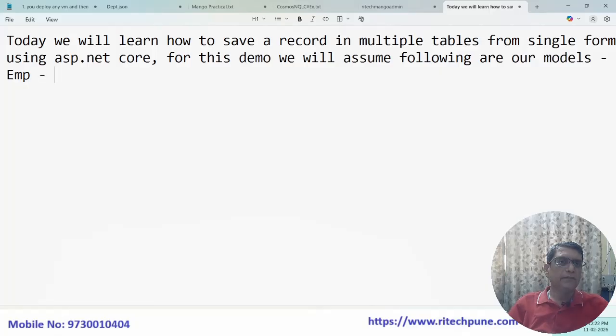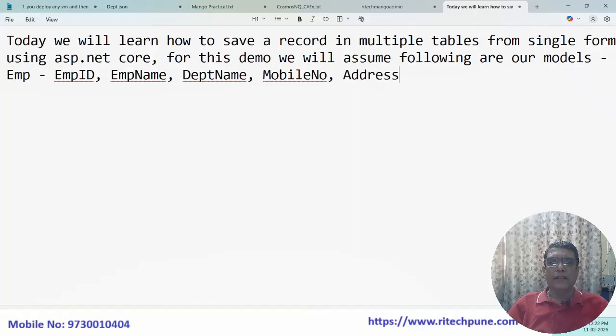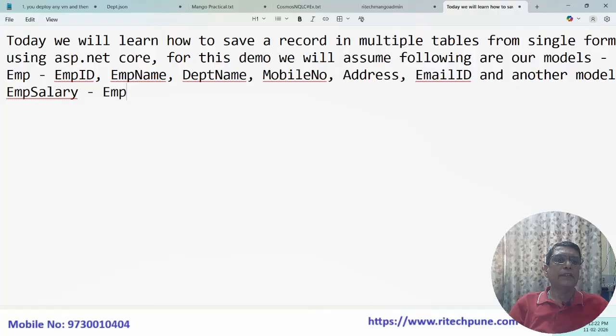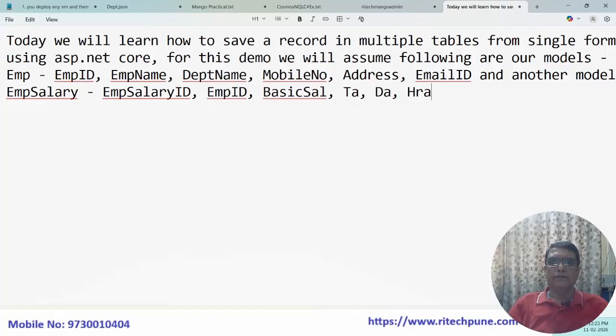EMP with EMP ID, EMP name, DPT name, mobile number, address, email ID, and another model, EMP salary, with EMP salary ID, EMP ID, basic sal, TA, DA, HRA,